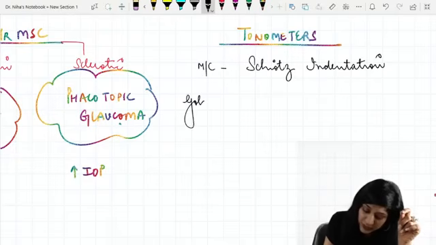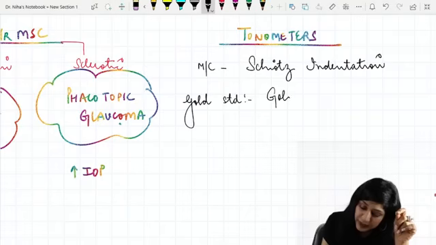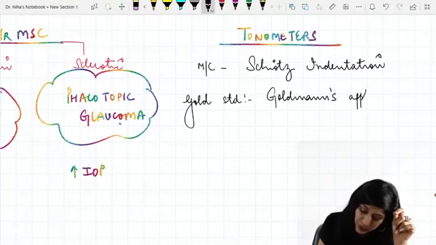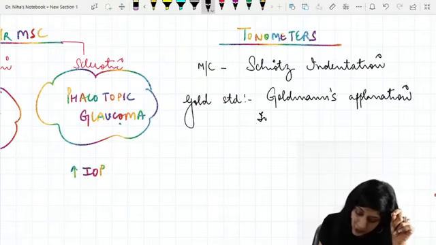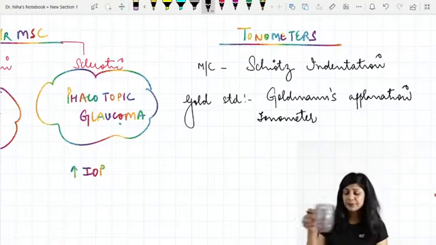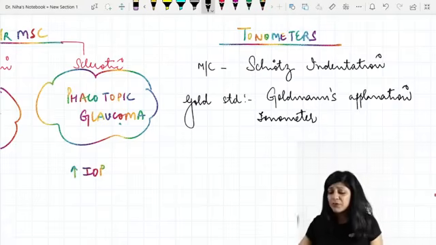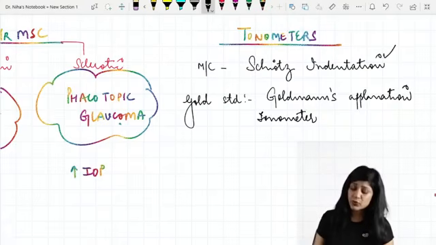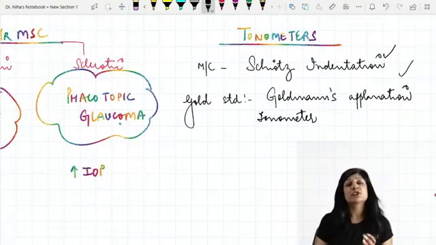And what is the gold standard? The gold standard is the Goldmann applanation tonometer. That will be called the Goldmann applanation tonometer, right? We will be going into the details of this tonometer when we will be dealing with a case of glaucoma,